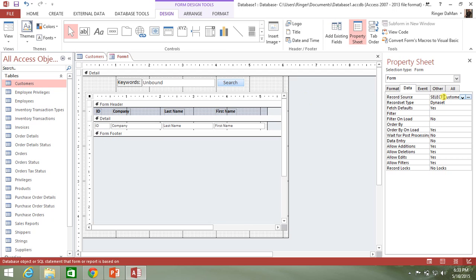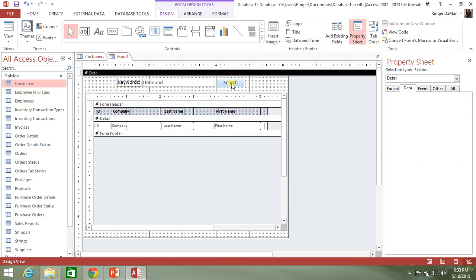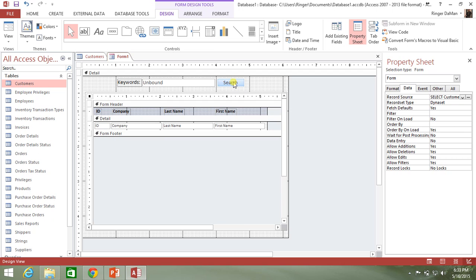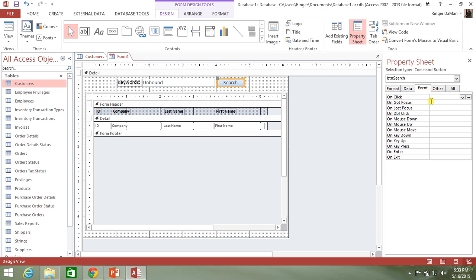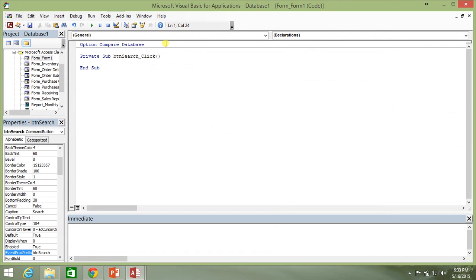So let's go ahead and take what's currently there in the record source. Let's go ahead and copy all of this. So let's highlight all of it and copy this. And we're going to take that, and when the user clicks on the search button, that's when it's going to replace the query that's filling in the record source. When the user clicks on the search button, it's going to replace that record source property. Okay, so we're going to go to the search button, go to the on-click event, do our code builder here, and let's do option